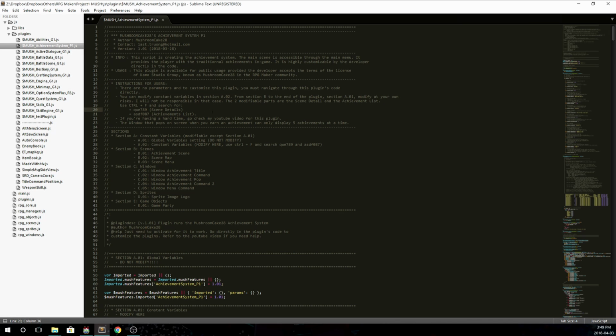There are 2 sections you can modify. First of all, the details of the scene, and other details like if you want it to be accessible from the main menu, stuff like this. And the second part is actually adding achievements with the conditions to unlock them, the reward, and the icon or the sprite. So you can just copy paste this